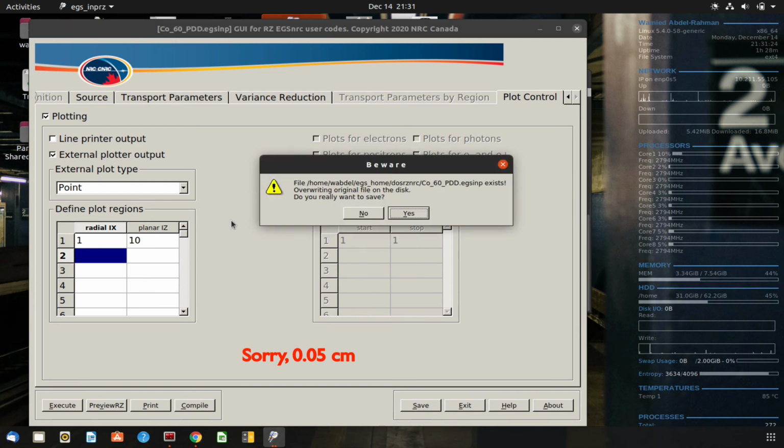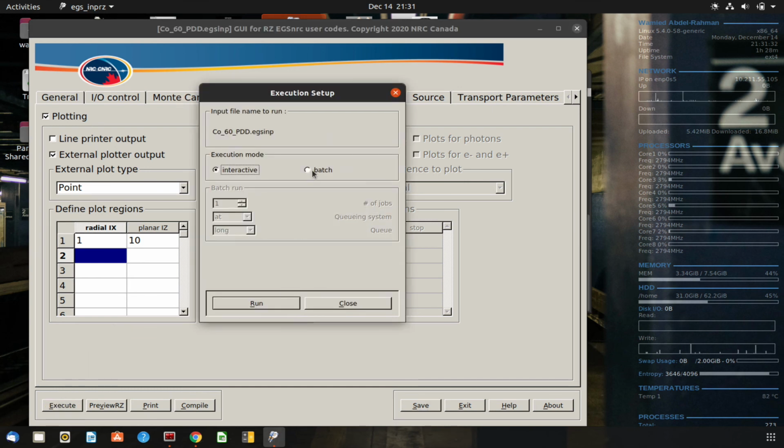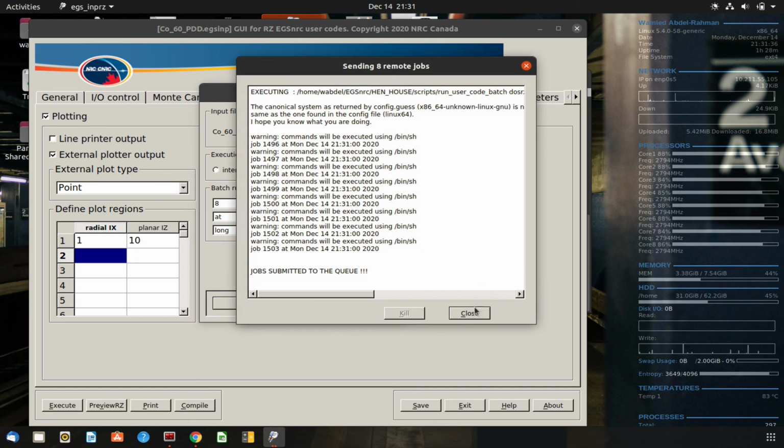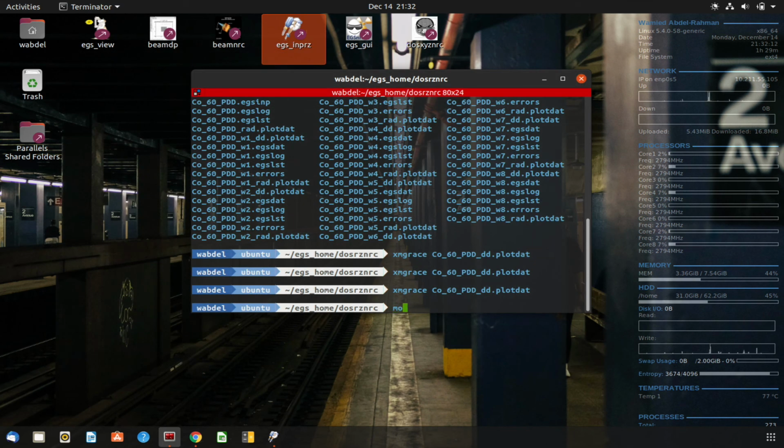So let's save this, and again let's accumulate more. So with Monte Carlo we can just execute again and run. So now we don't get a histogram, but we get a plot, points x and y. And if we look at the file,